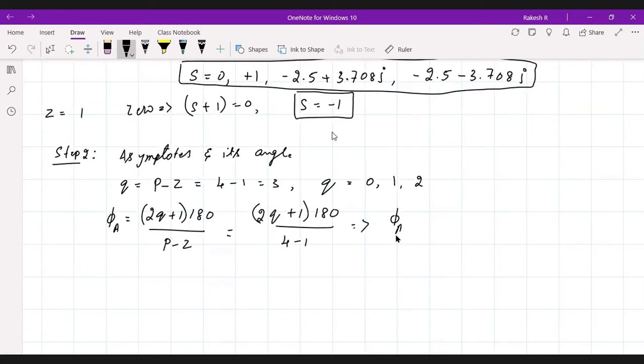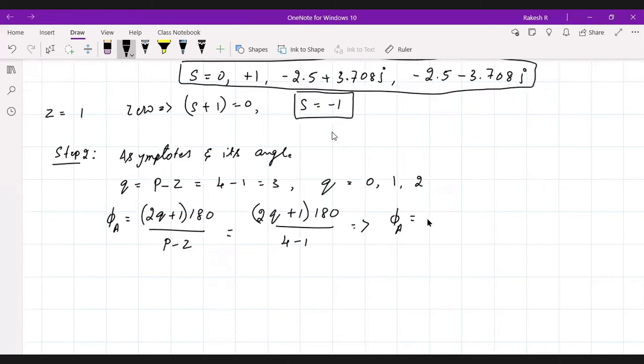Right. Step 2 is number of branches, right, sir? Whatever you can do, that is not a problem. Sir, q is equal to 4. So here you have to check, sir, whether p is greater or z is greater. That is number of branches. But here I'll change the steps. Next, I'll be doing the branches. That is asymptote and its angle I've taken here, not the number of branches. We'll do that one after this. So asymptote and its angle, you can change the steps, not a problem. You need not follow the same steps.